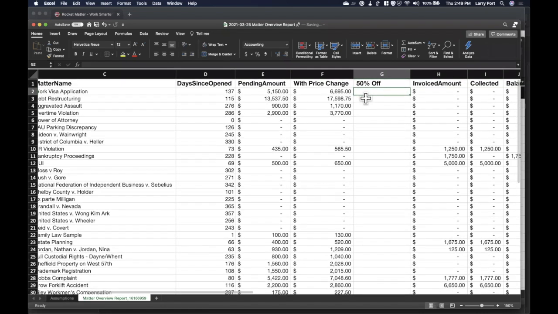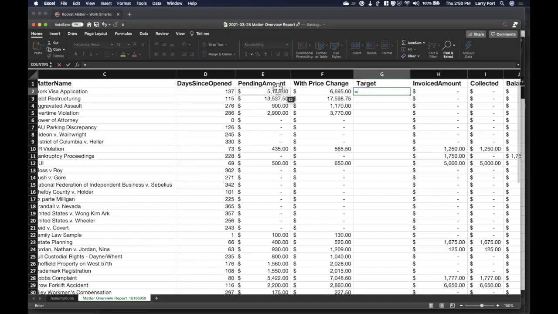Actually, that's not going to work. Let me think about this. So I want a situation in which I'm dividing by 0. Let's say I had a target amount for each case, right? And the target was $10,000. So let's say that I want to find out what percentage of the target I'm at.